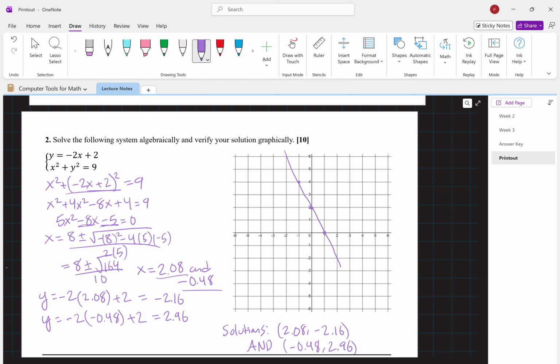So then our second equation is a little more complicated. But if we look at it, we can see that it is a circle equation. X squared plus y squared is equal to 9. So that means we're going to have a circle with its center at the origin and a radius of 3. So if we sketch this circle out,